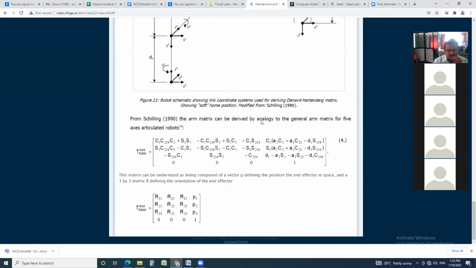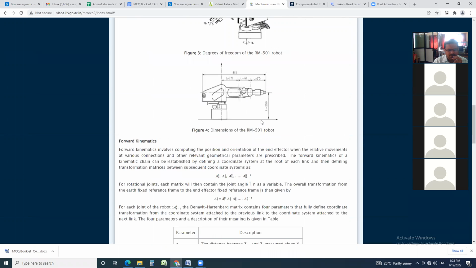Now we'll see the forward kinematics. Forward kinematics involves computing the position and orientation of the end effector when the relative movements at various connections and other relevant geometrical parameters are prescribed. The forward kinematics of a kinematic chain can be established by defining a coordinate system at the root of each link and then defining transformation matrices between subsequent coordinate systems as